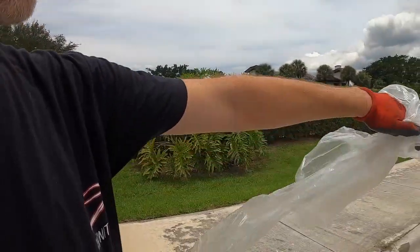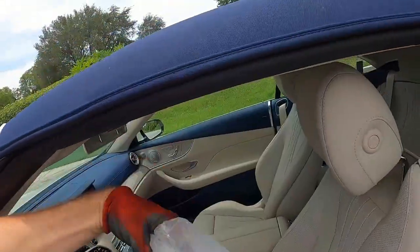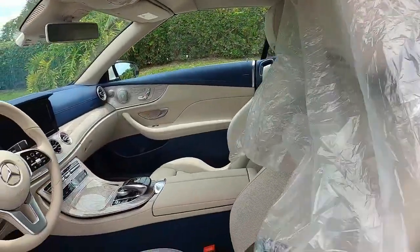Of course, it's got the white seats. Ugh, Tesla's got the white seats, he's got the white seats. So we put the bags on, we put the seat condoms on. And that way, we don't have any troubles. We'll take care of the customer, we don't want to be messing around. We want zero chance I get a little grease or rubber, even though you know you're clean. You never know, you're rubbing around on the trailer, rubbing on the floor, everything could happen. So we put this little seat cover on,